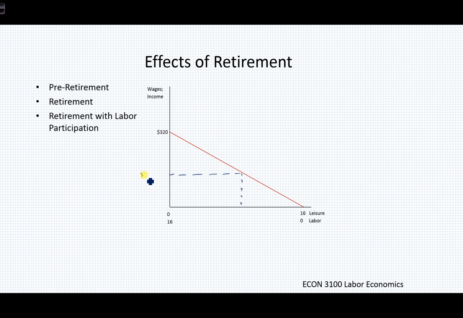at $160 a day and 8 hours. And my guess is that when somebody is nearing retirement, they're becoming a little bit more flexible. Maybe they can, on any given day, maybe they're motivated to receive that 160 at 8 hours, or maybe they don't need it as much because the house is paid for, the kids are grown,